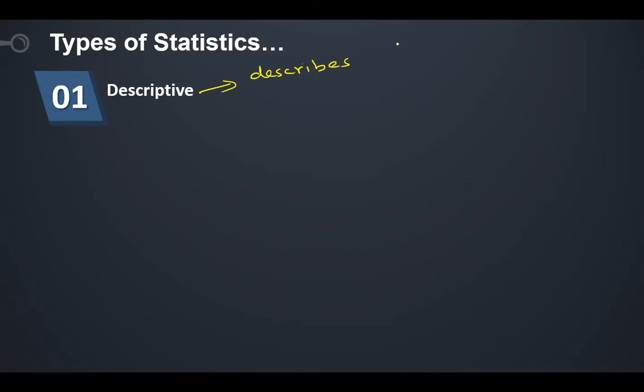Suppose I say the average is 25 out of 30 for some particular students, then we can say these people are good students with a studying habit. Just like that, it describes. So 20% of the class is male and 20% of the class is female. When we want this, we will be doing the same descriptive statistics.